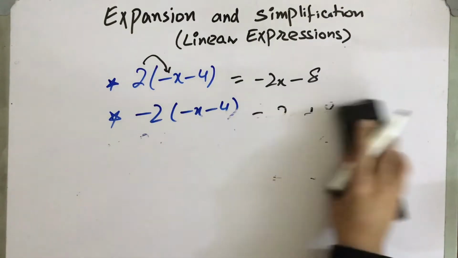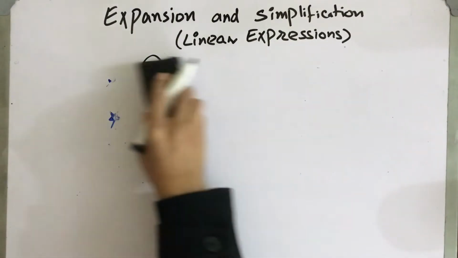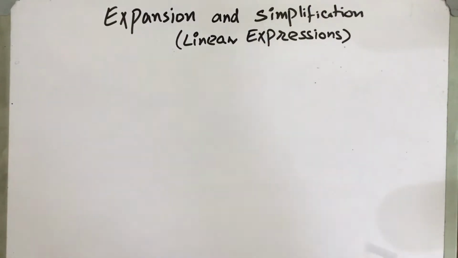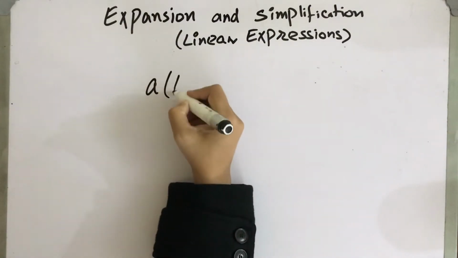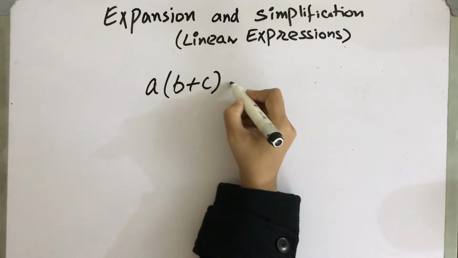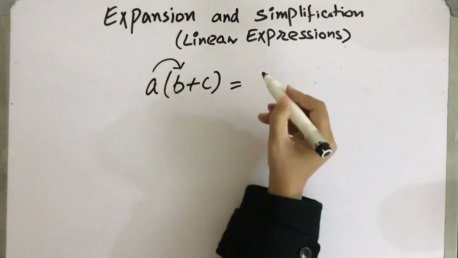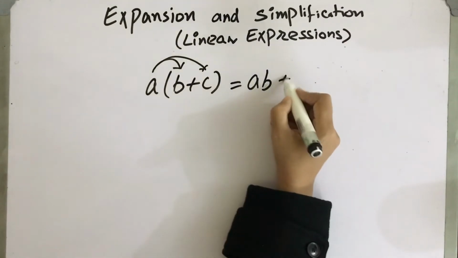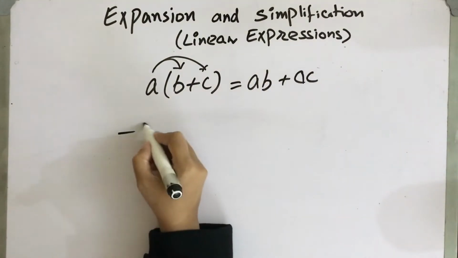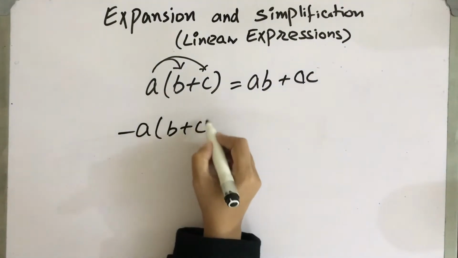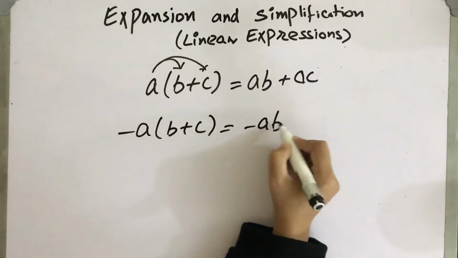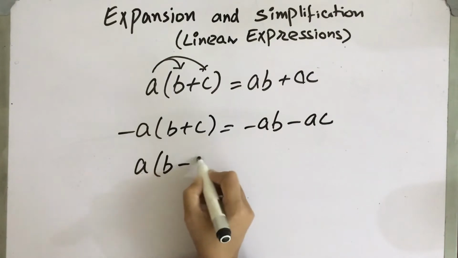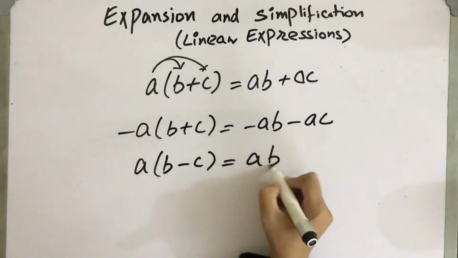This process is called distributive law. In distributive law, if we have an integer or rational number or any variable outside and we have to multiply it inside, we shall first multiply a with b, and then we shall multiply this a with c. And if a is negative, it will change the inner signs, but if a is positive, it will not change the inner signs. If the inner sign is negative, it will come automatically outside.